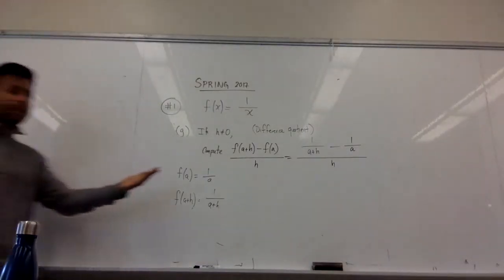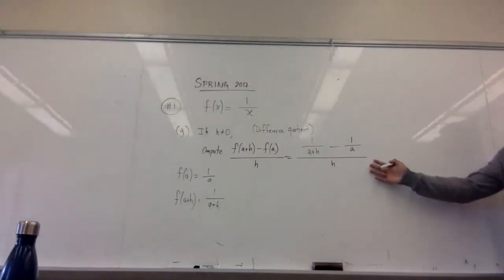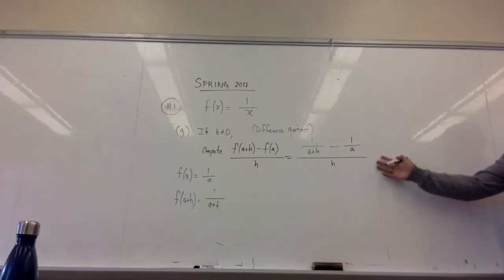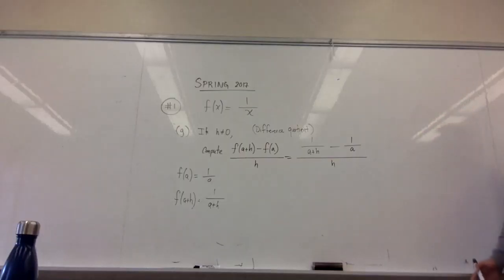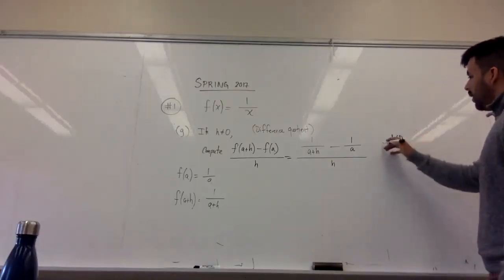Now, of course, I'm not going to leave it like this. I want to simplify this, right? Now, what's the issue with this? How do I simplify? Make the common denominator. And what is the common denominator? A plus a times a plus h. Right. That's it. So the LCD of this guy here